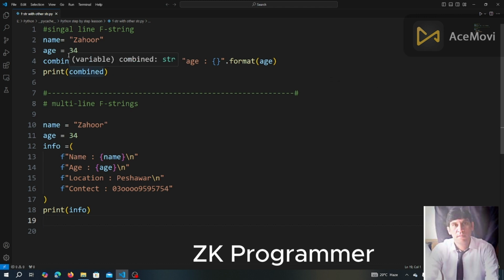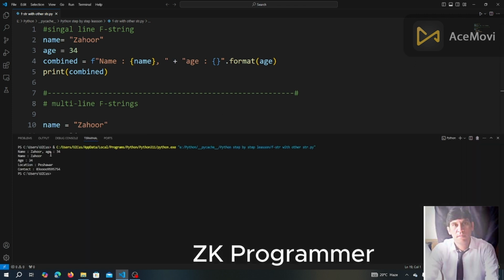So here we have to code some programs for single line formatting and multi-line formatting. So let's go to display and run. So this is one single line format. So look, name Zoor, age 34, and if